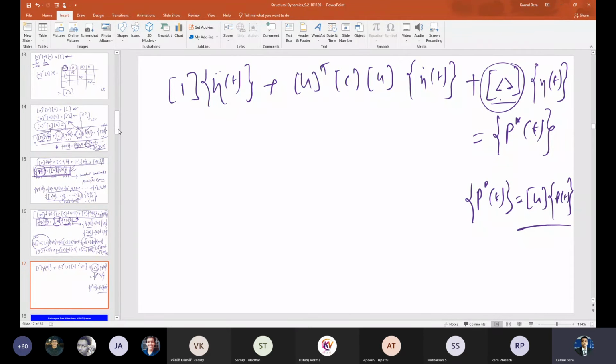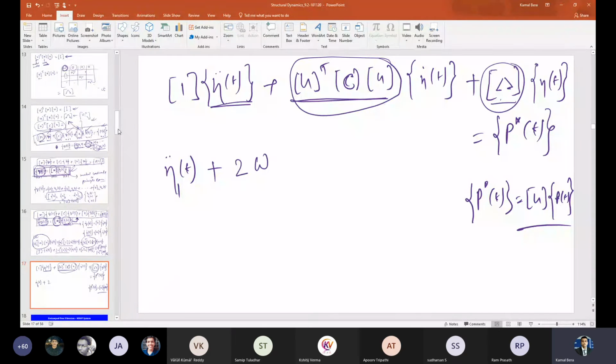Now, let's say some form of damping matrix is there that makes this diagonal, that is, uncoupled. Then I can write each equation. The first equation will be eta 1, because this is constituted of eta 1 double dot, eta 2 double dot, eta 3 double dot, eta n double dot. So eta 1 double dot plus 2 omega 1 zeta 1 eta 1 dot t plus omega 1 square eta 1 t